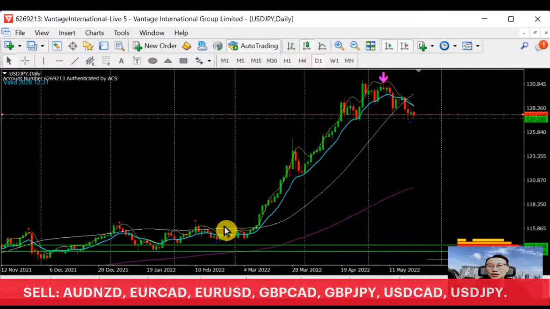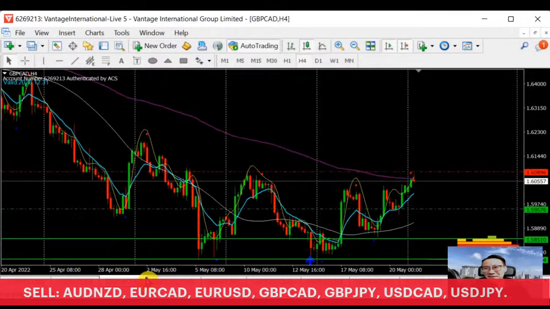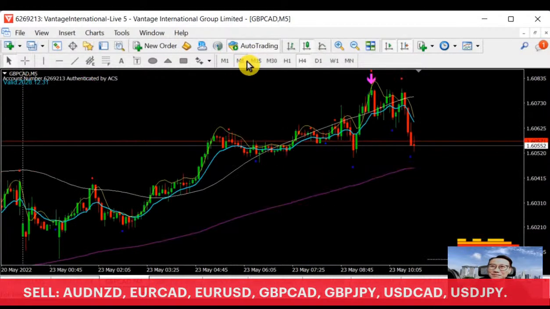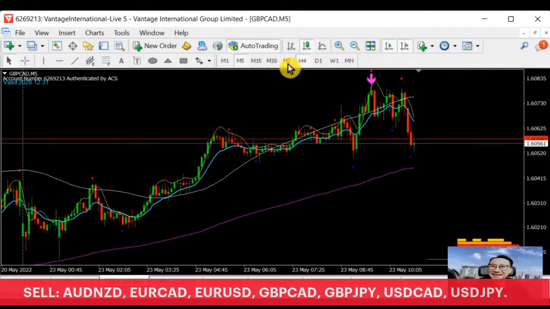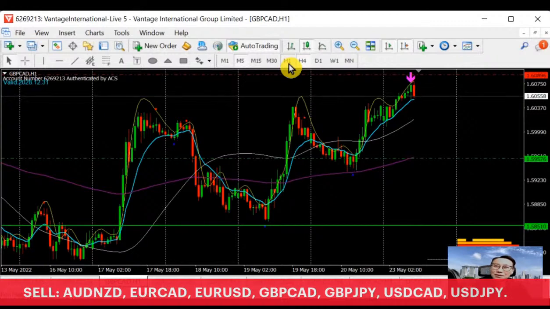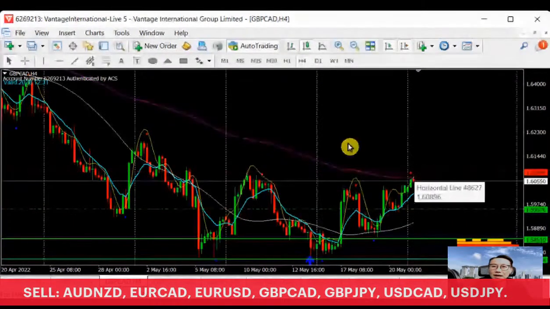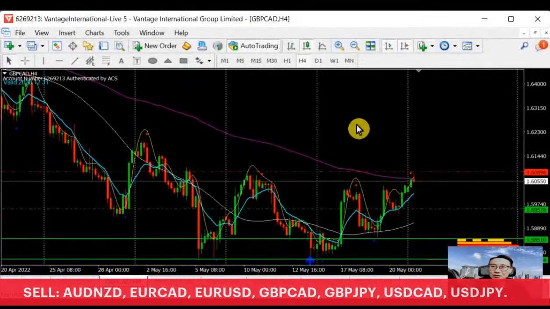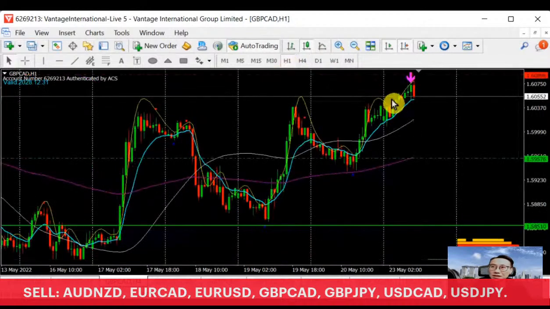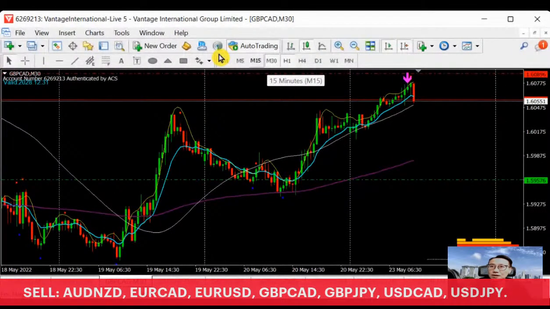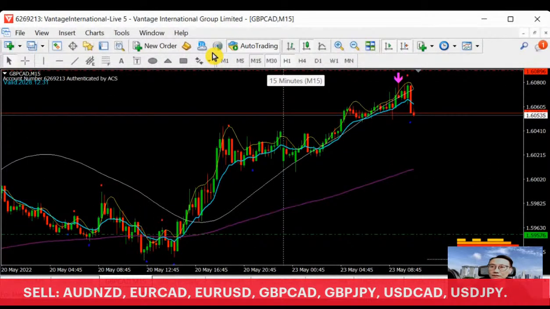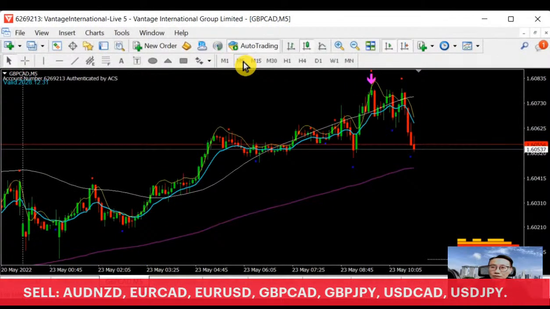Right, so let's come back to pound CAD. I think pound CAD is something quite promising over here. As I can see, we are into the resistance area, and we have tested the resistance over here last hour, and now we're coming back. So tentatively, by looking at this, we still have a selling power for pound CAD.